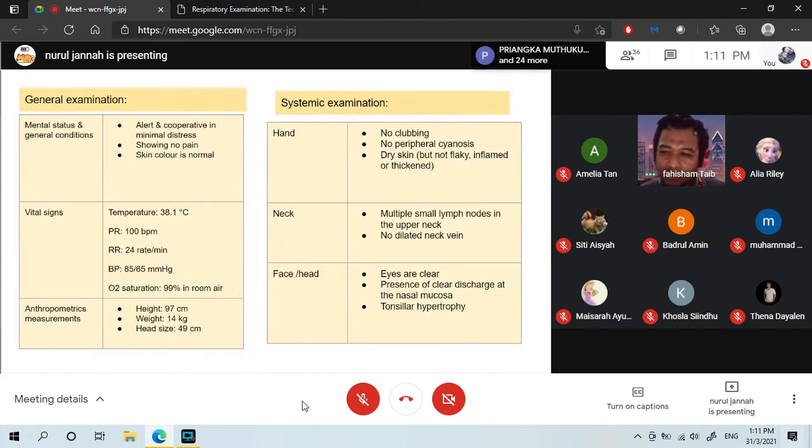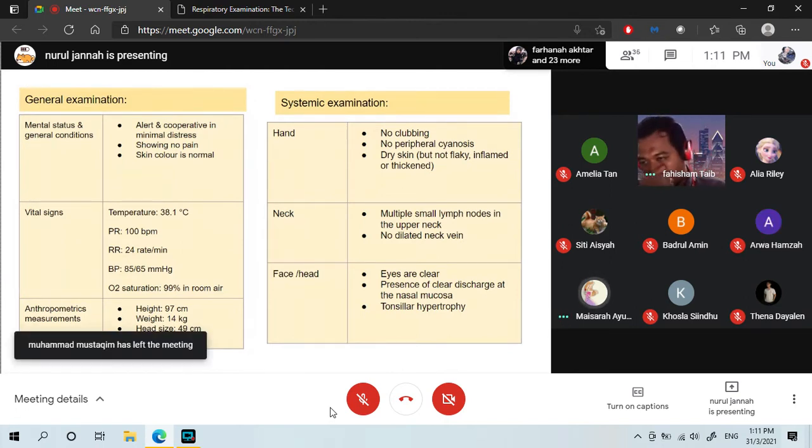So all of this is important, vital information for processing when you want to state later, okay, whether the child is in distress or not. Does the child have some chronic problems or not? Does the child have any other comorbidities or not? Okay. All right, Maisara, go on.